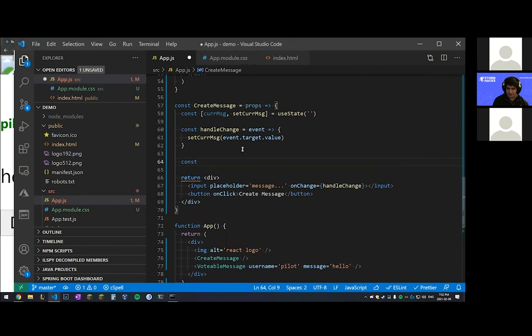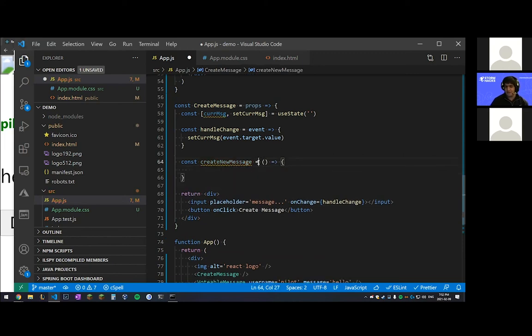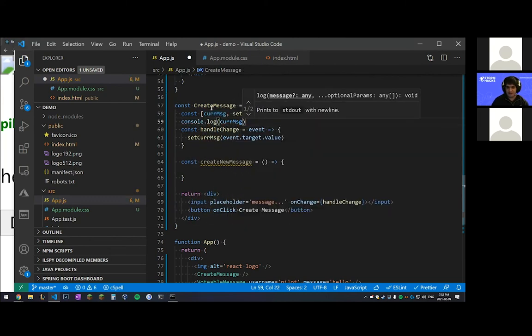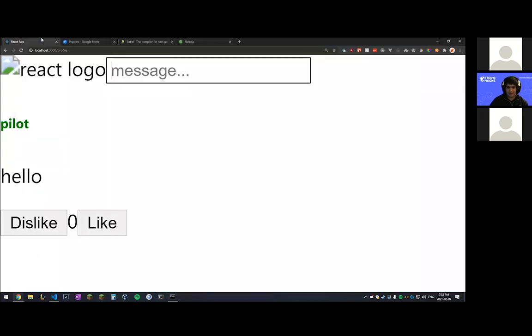So let's call it const createNewMessage. And this will be a function. And so this time we don't need the event. We don't care. So we can just leave it blank. And then here we need to do something. What is current message? Current message is just a variable. We can actually see what current message is, console.log. Current message is a state. We can print that at the top. So anyway, in here, we'll say to do for now, and we'll go look at that